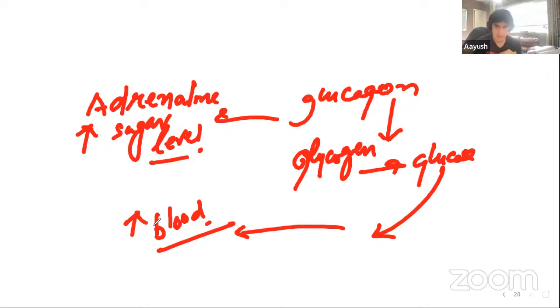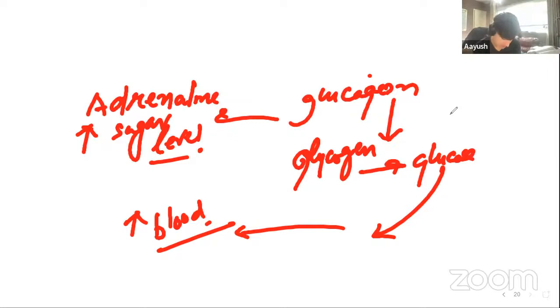Wait, so in the steps you showed me, steps 1 to 8, is it like saying adrenaline or glucagon can act as the first messenger? No, glucagon is not a messenger. Glucagon is a hormone. A messenger is something which gives the message to do this. Glycogen and this glucagon is under the control. It will just change glycogen into glucose.